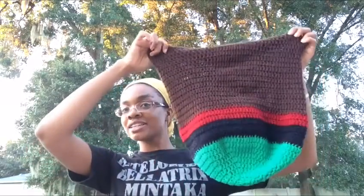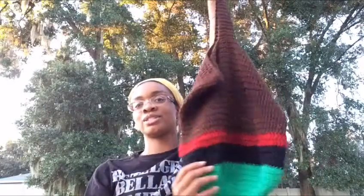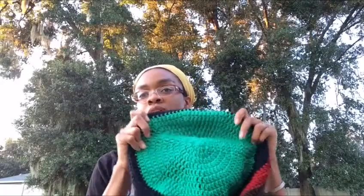So yeah, we are going to jump right in with finished objects. My first finished object that I have for you today is what I'm calling my Brown Girl in the Ring bag. It is a pretty large crochet market bag. I did some stash diving to get this baby done. I found this bottom, the green circle part, when I was looking for some fabric for another project. But yeah, so I got that, and then this is,